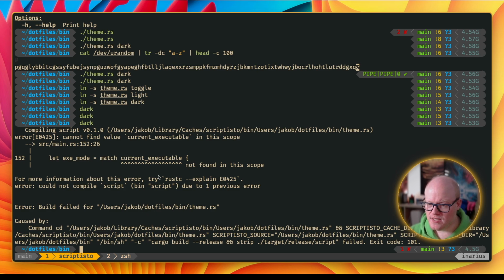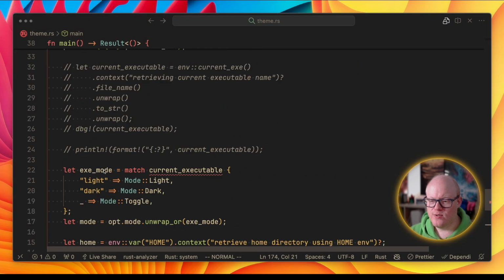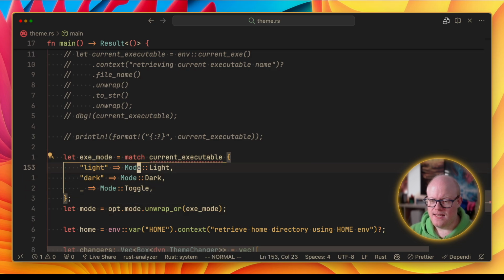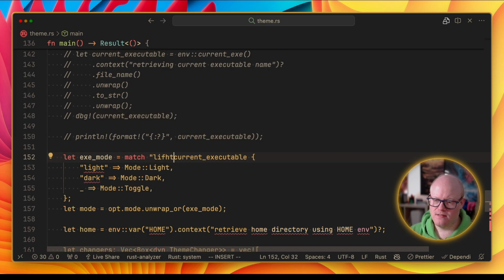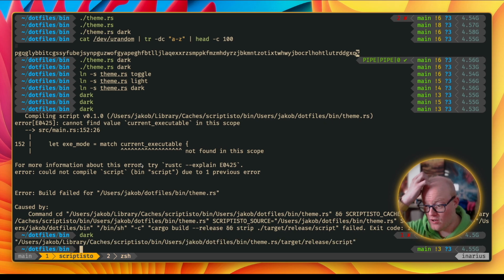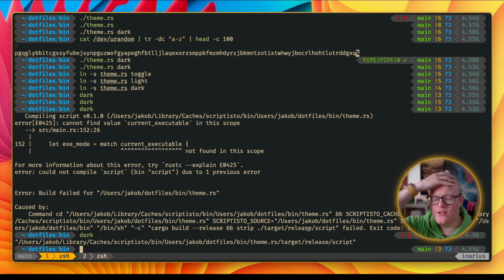Okay, build failed. What's its problem? Not found in this scope. Current executable. Yeah, makes sense because I'm still using this here. And yeah. Okay, so let's maybe just do something completely strange here. However, it should work. So let's call this and let's see. Okay, so oh, okay. So this actually then, oh, this might be the problem actually,